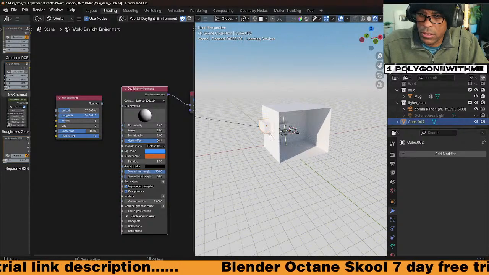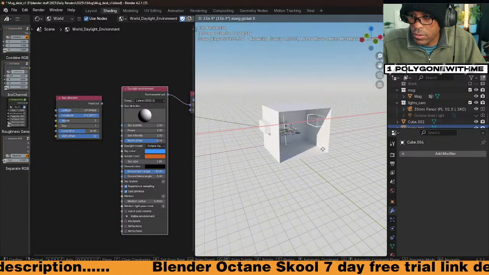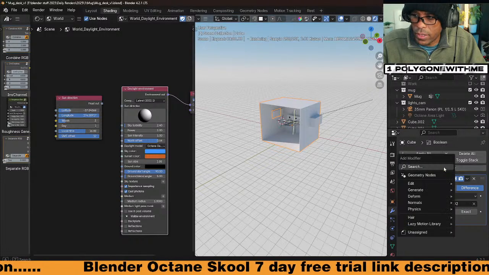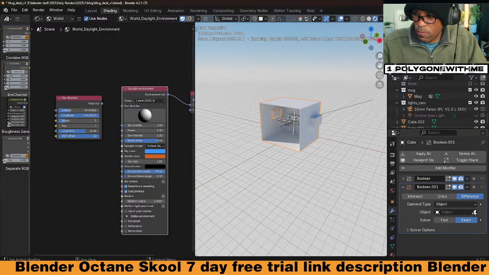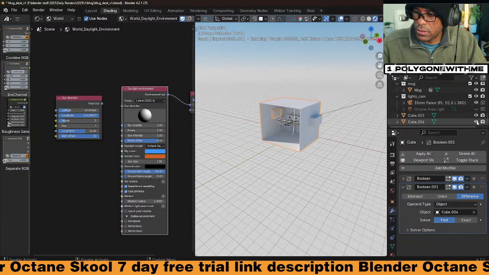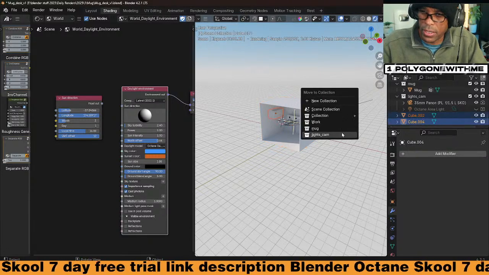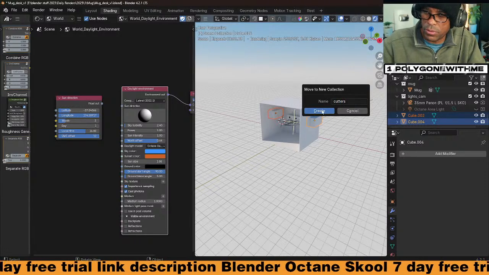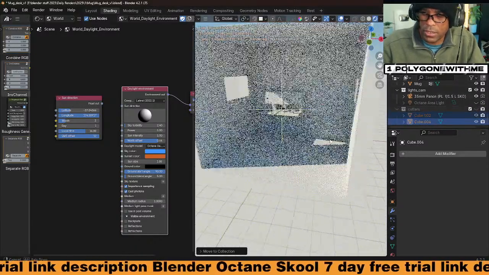Take this cube, duplicate it, Shift D, X, slide it over here. Like that. Come back here, add another modifier, bool, grab this, object 4, go to fast mode, hide it. These are my cutters, so I should just select these two, press M, make a new collection, call it cutters, so I don't have to keep doing this. On this we just automatically hide it, so anything I put in that collection would be hidden.